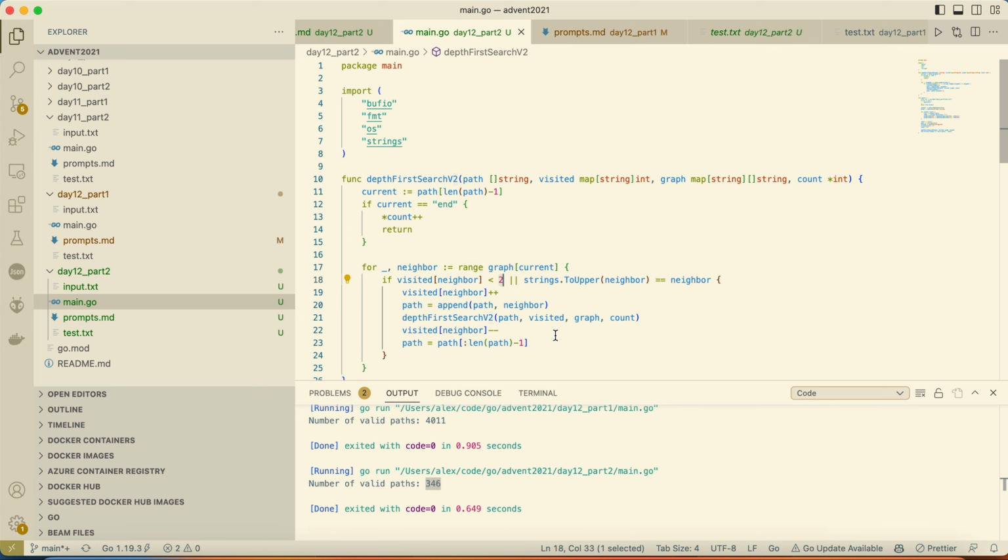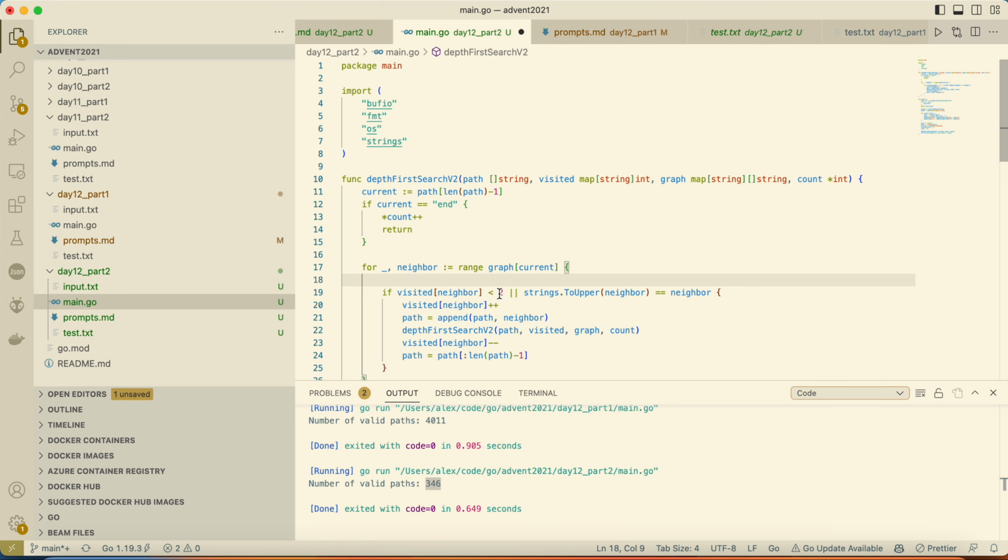But we don't make a distinction. We always check, okay, for this big one, we can go as many times as we want, which is fine. But the other condition, in which we're deciding, okay, we can go if not visited,